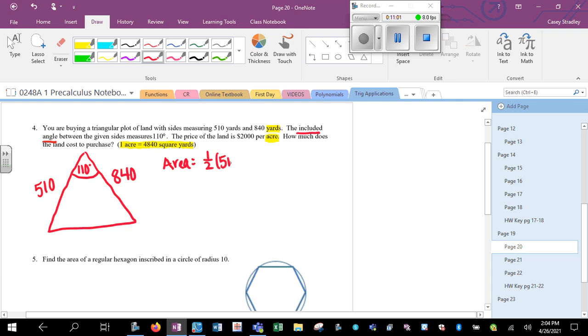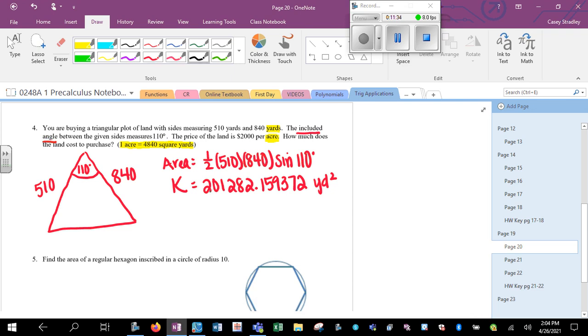1/2 510 times 840 times the sine of our included angle. That's going to give us, use my correct variable of k right there, 201,282 point, lots of decimals. But this is square yards. To convert it to acres, we're going to go ahead and divide out that 4840. So when we do that, our area is going to come out to be